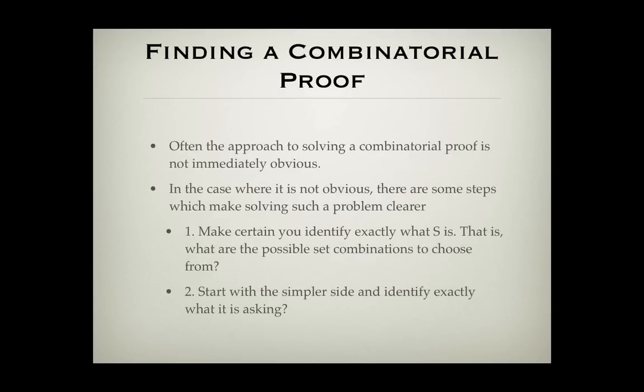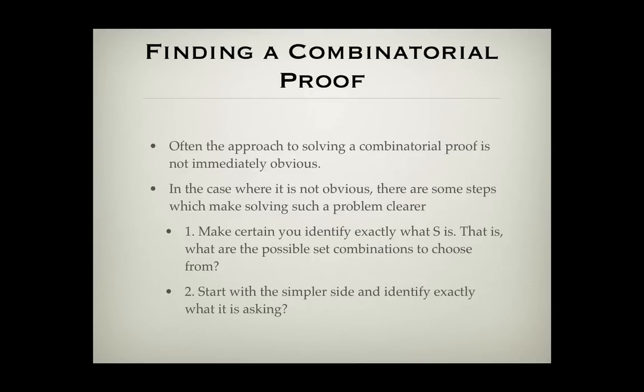Finding a combinatorial proof is often difficult. The approach to solving the proof is sometimes not immediately obvious. In the case where it is not obvious, there are some steps which make solving a problem much clearer. First, the goal is to make certain that you identify exactly what S is. That is, what are the possible set combinations to choose from. In the first example,